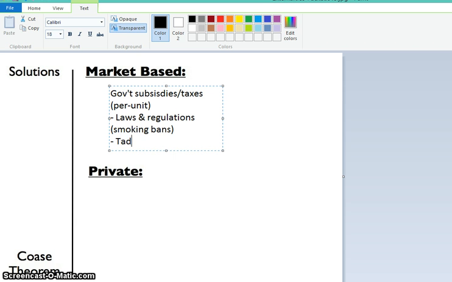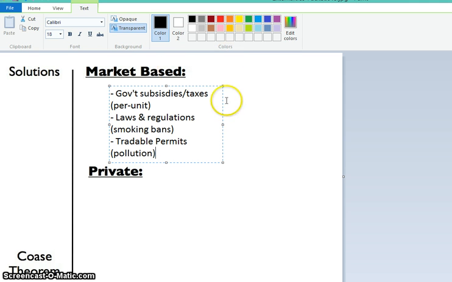Oh, and one that actually I was listening to Freakonomics Radio the other night, and they were talking about this one. Tradable permits. So one thing that creates a negative externality that we have too much of, and it hurts a lot of people, is pollution, right? Like, you don't want to breathe nasty air, and for the most part, I'm going to bet most of you don't get any of the benefits from a factory. Like, you don't have a job there. You may not even buy the products that they end up selling, but you certainly get the crappy air that comes from the smoke that they blow out of their smokestacks.